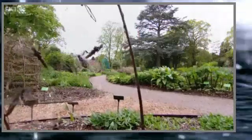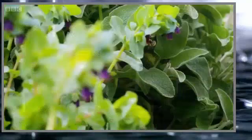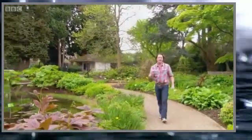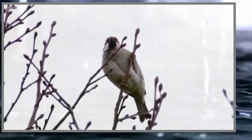This is the University of Bristol Botanic Garden, set on 4 wonderful acres on the edge of the city. It's buzzing with life, with bees and butterflies searching for nectar. There's a symphony of birds, and even the pond is teeming with frogs. This environment is a shining example of what I like to call a wildlife